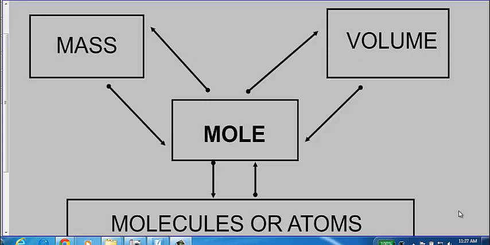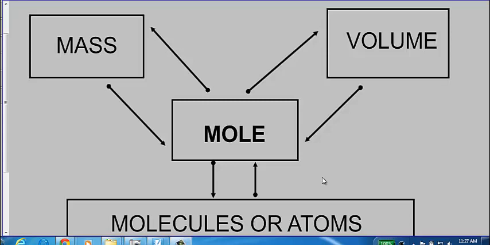I just have a little summary chart here in your notes to summarize the three mathematical relationships that we have learned about with regard to the mole. So if you would write the words that you see in the boxes: the center box has to be the mole. The bottom box you can put molecules or atoms. In the upper left, you put mass. And the upper right, you have volume. And what this will serve to do is just serve as a visual so that we can